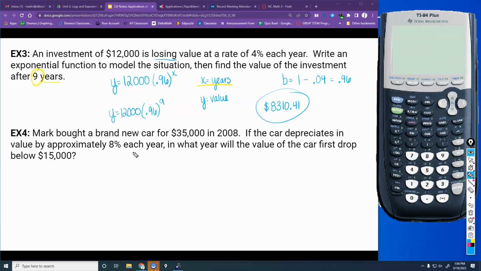And cars, everyone needs to know, are not good investments. I don't care what you buy. The only type of cars that are going to go up in value are cars that are collector items. And they don't do you any good